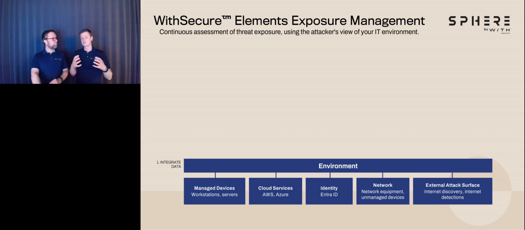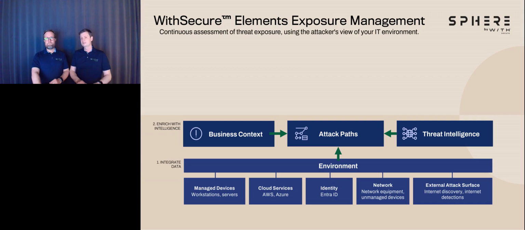And all this information is then fed to the upper level in the product. There we start consolidating the data, and we can start building these attack paths. So how these vulnerabilities and misconfigurations from these different asset sources are linked together, that's the way we start building attack paths. And of course, that's not enough, because when we are building the attack path, we want to add threat intelligence, so that we understand better what kind of